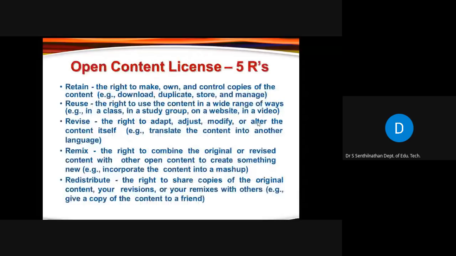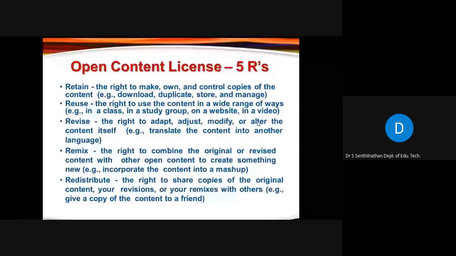See, I was mentioning about one thing earlier. The content should be available on a public domain and the content should be introduced with the open license. There is something called Creative Commons licensing. That's what is the open license. For instance, you might have seen that. I will also show that in some places, in some documents, some videos, some web portals, you will see some symbol like CC. The CC stands for Creative Commons. And the Creative Commons license comes with these 5 R's. These are called the 5 R's of the open license.